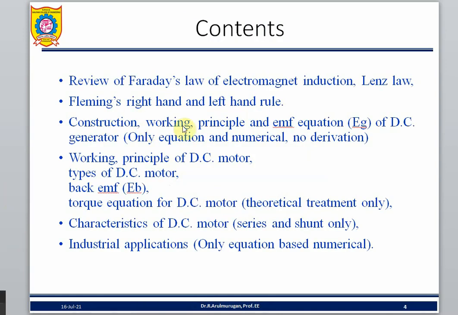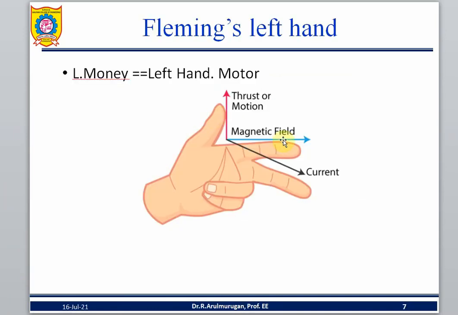So this is about the Fleming rule. It is going to decide the direction of rotation of the motor and the generator. Left hand rule for the motor and right hand rule for the generator. There are three fingers, each straight and perpendicular to one another: the thumb, forefinger, and middle finger. The middle finger denotes current, the forefinger denotes flux, or another name, field, and the thumb denotes